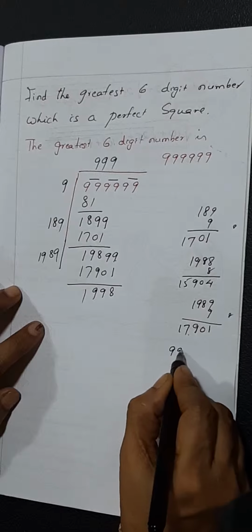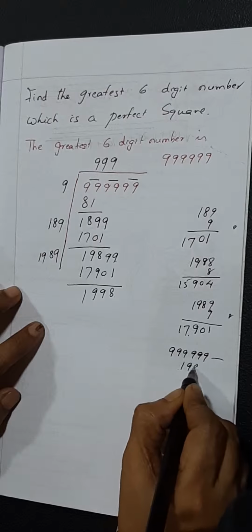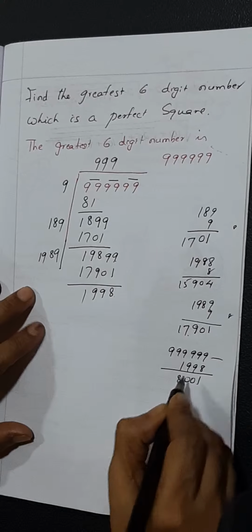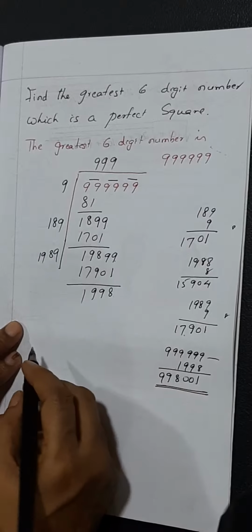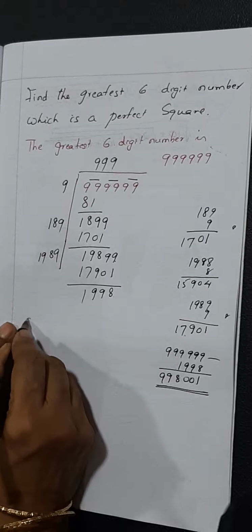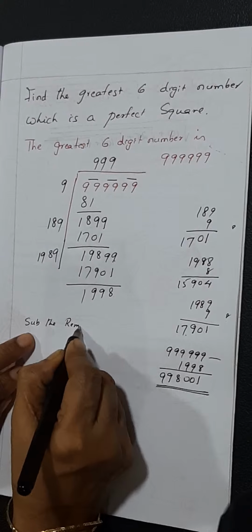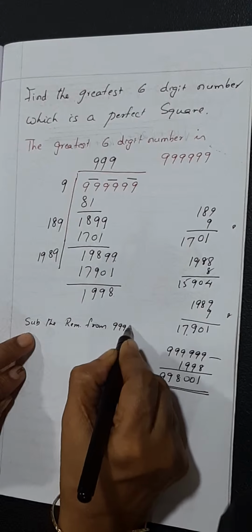So 999 minus, so this is the number. So subtract the remainder from